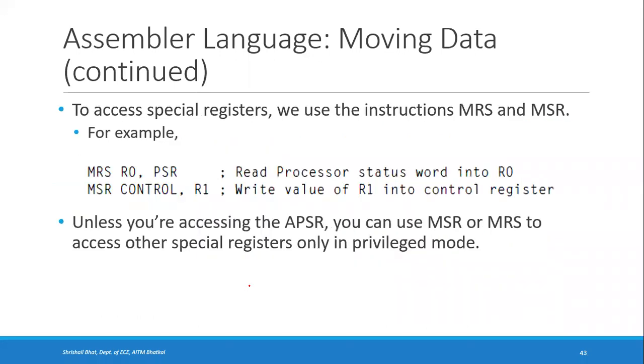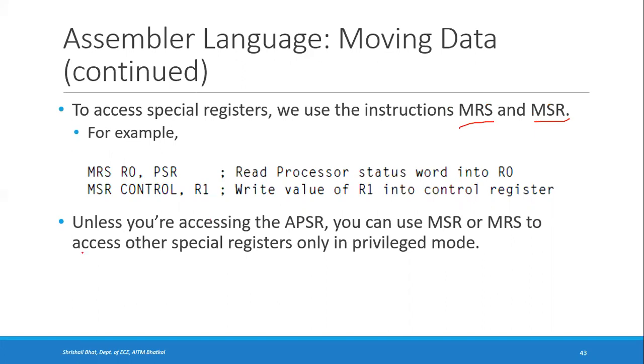Apart from that, there are instructions for moving special registers. So we have seen moving data between two registers, and between memory and registers. Now we have between registers and special registers. Between special registers and registers, if you want to have access for data transfer, we have to use only the special instructions MRS and MSR. MRS stands for move special register to register. MSR stands for move register to special register.